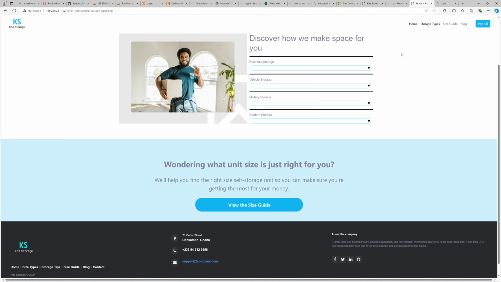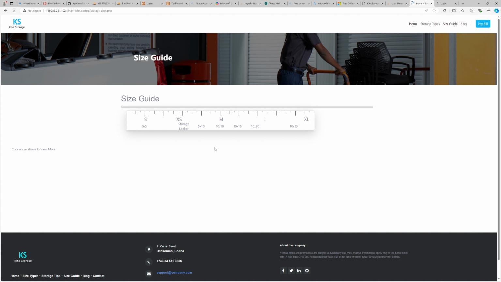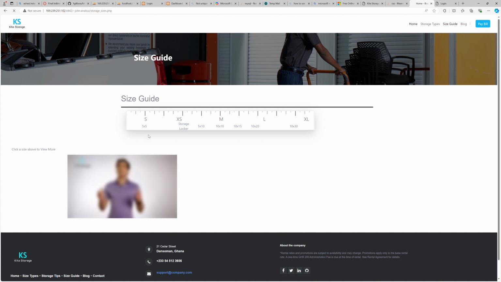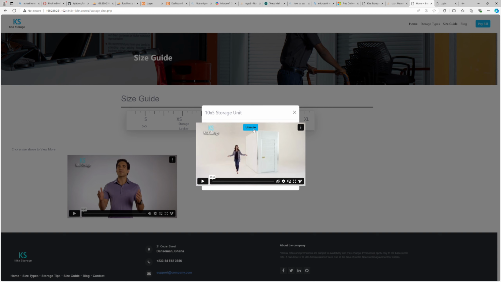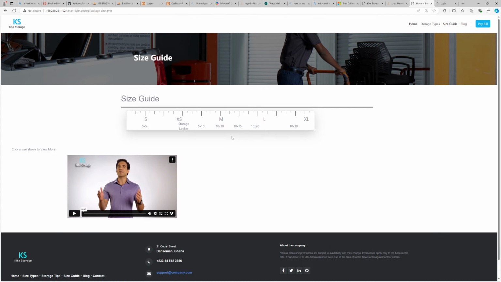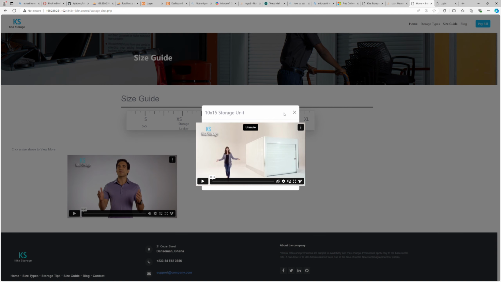The question one may be asking is how do I know the right size? On our site, we have a nice size guide which helps users to know the different sizes available, with videos explaining how they are used and how best to store in these various sizes that are available. Moving on,